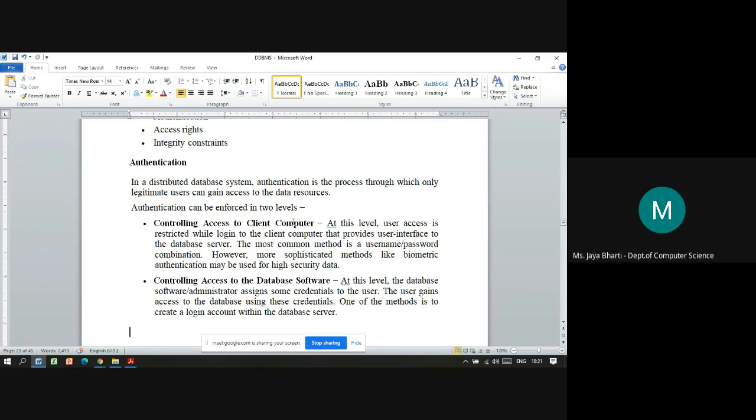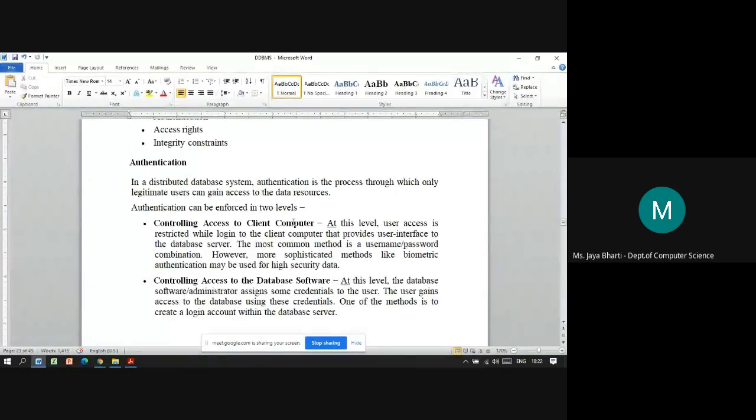The most common technique we use for authentication is username and password. With that method, only an authenticated user can access that particular machine or that database.